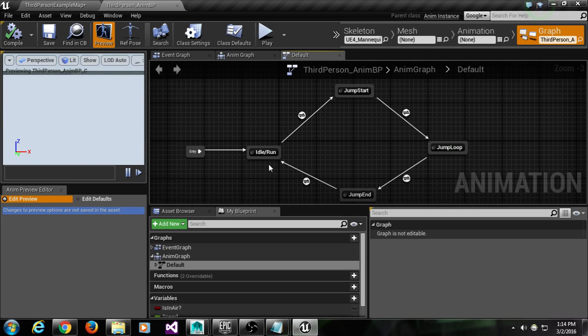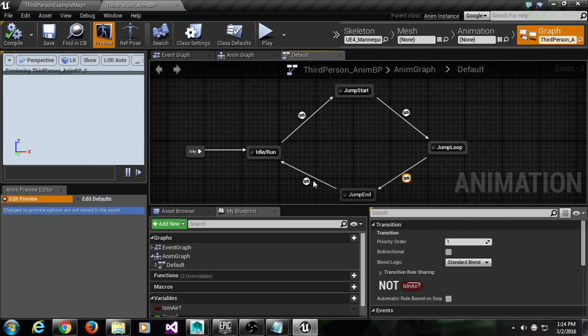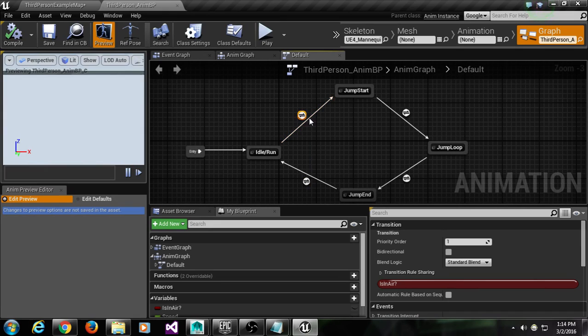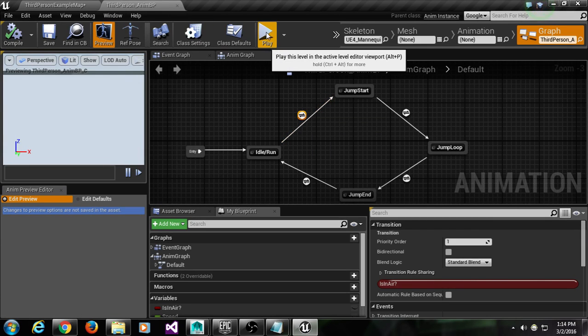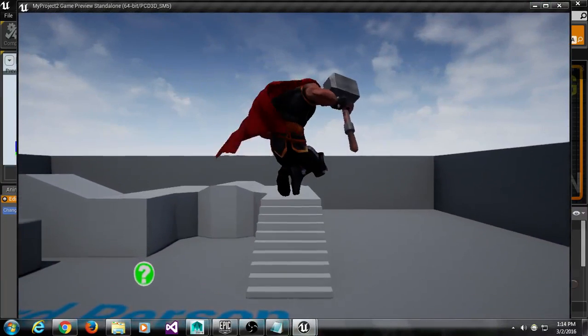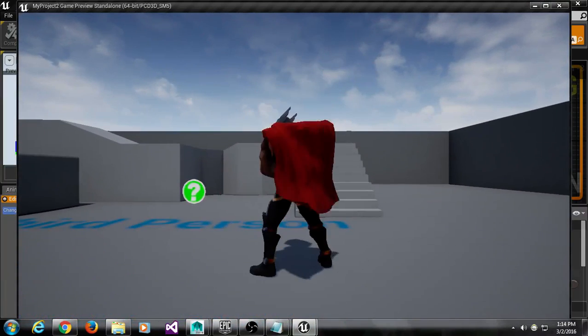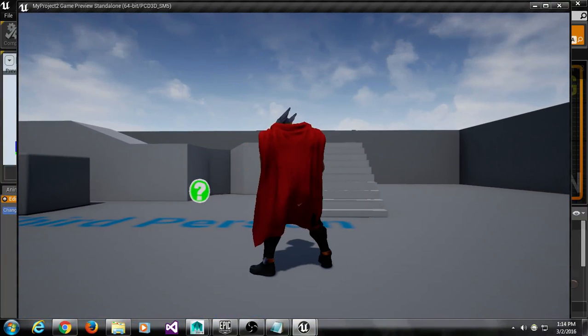As you can see here, we start off with idle run, and then it goes to jump start, jump loop, jump end, and then back to idle run. Now these little dots in between those animations are what tells it to blend between them. If you click, for example, idle run to jump start, and hit play up at the top, all we're going to focus on here is the idle run to jump start. This is already pretty good, but you'll notice that when you hit the space bar,